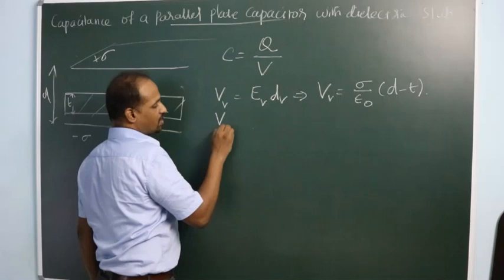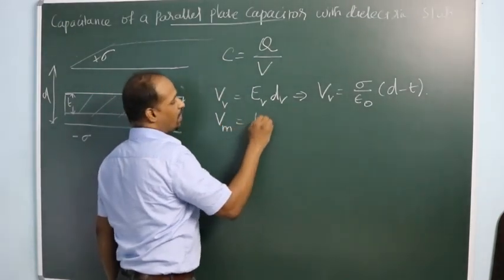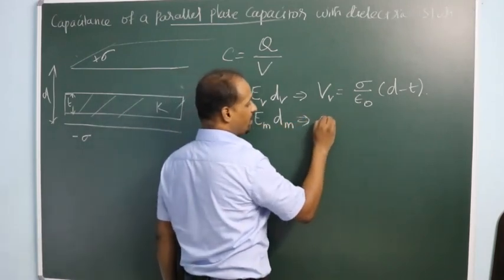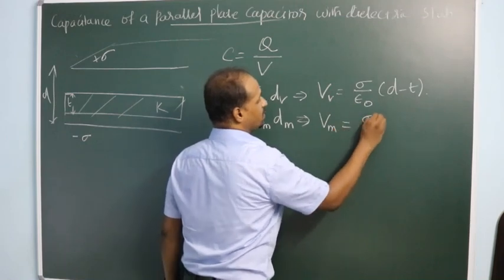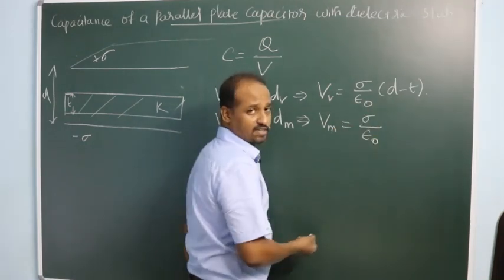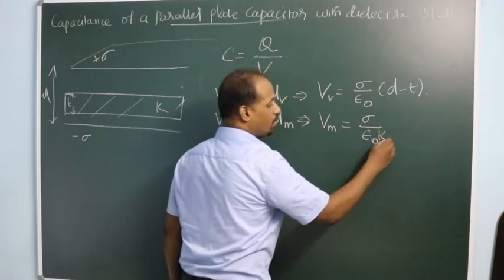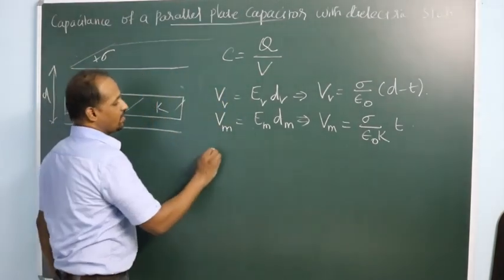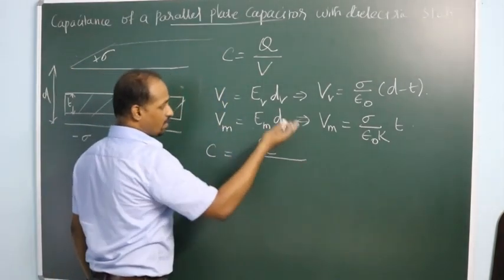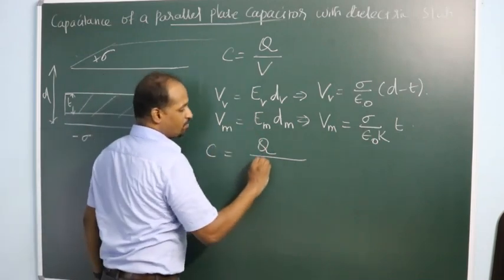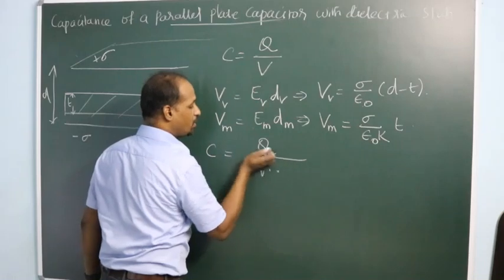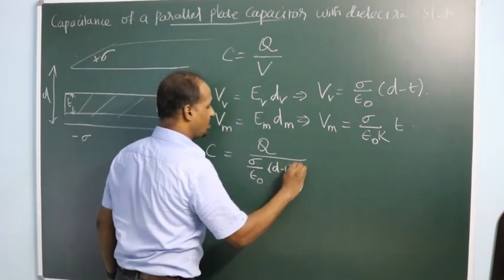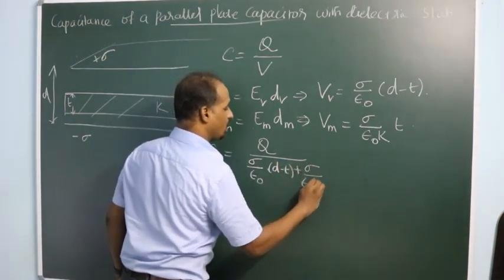Then the potential contribution in the dielectric medium will be equal to the electric field in that medium into the thickness of the medium. The electric field in the medium will be sigma by epsilon, instead of epsilon naught. Epsilon is equal to epsilon naught into dielectric constant K. That into the thickness of the medium, t. Then the capacitance is equal to charge divided by potential due to vacuum plus potential due to medium. Potential due to vacuum is sigma by epsilon naught into d minus t, plus sigma by epsilon naught K into